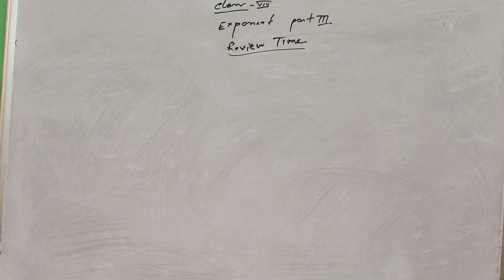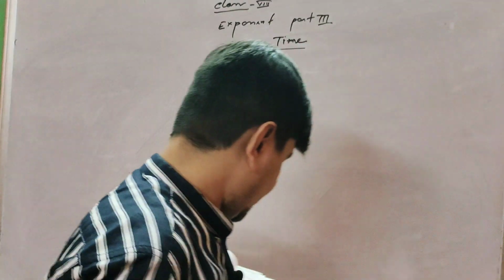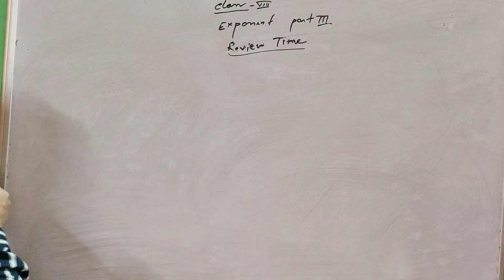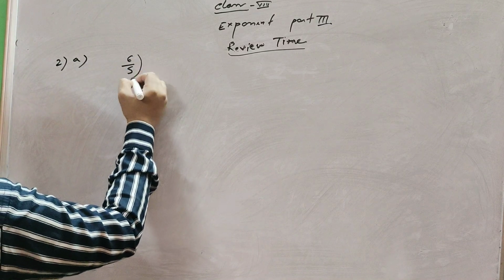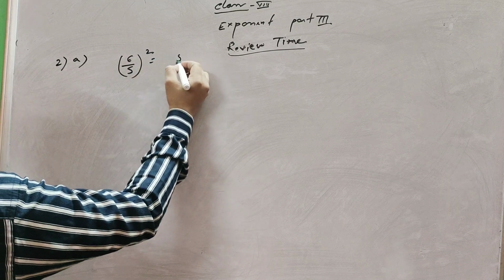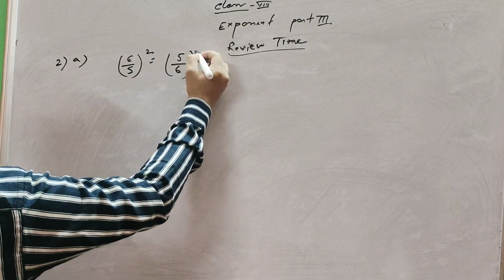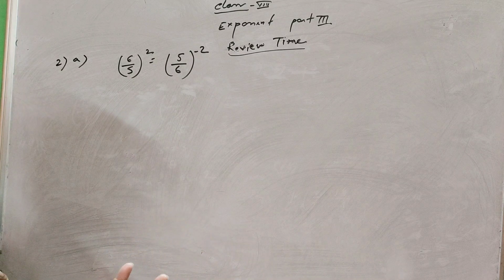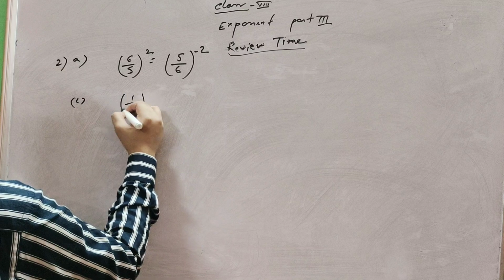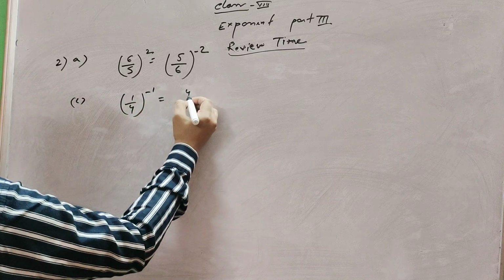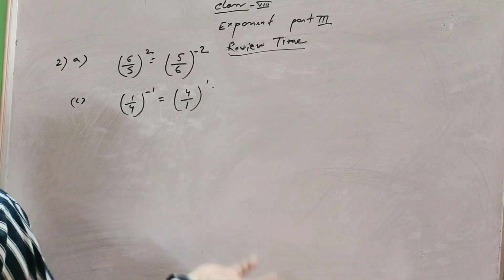Okay, start from question number 2a, where you write: find the reciprocal of 2a, find the reciprocal of 6 upon 5 by 2. When you reciprocate this, that is 5 getting 7, and this side getting what? Minus, clearly. Okay, for C, 1 upon 4 minus 1. When you reciprocate this one, it's getting plus sign.